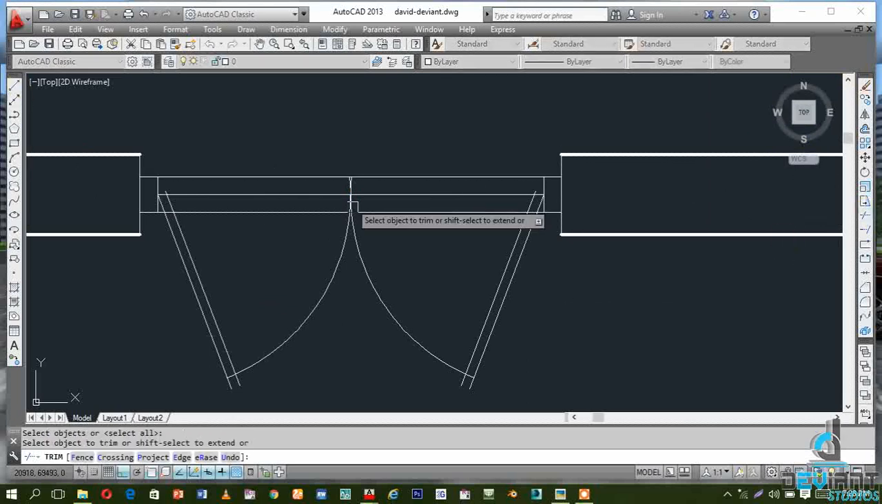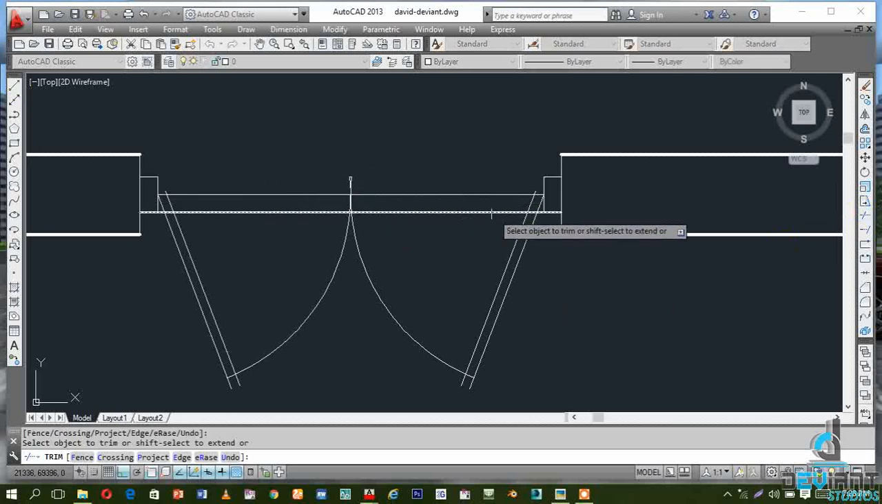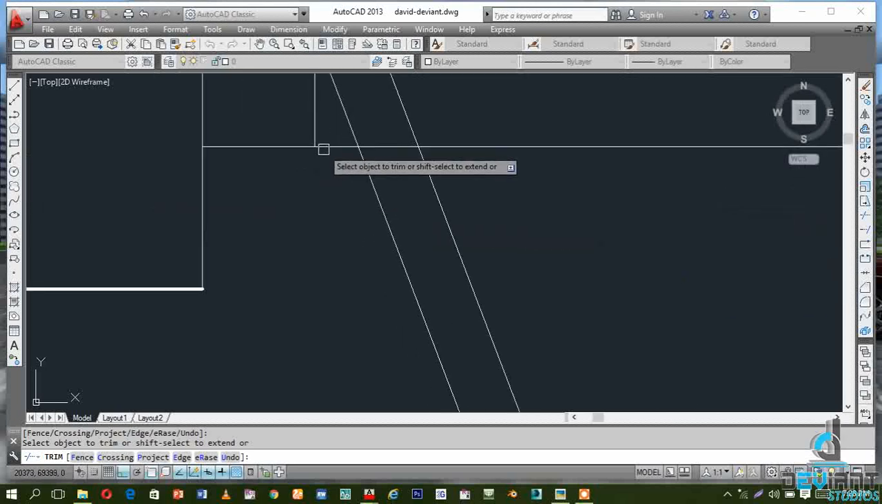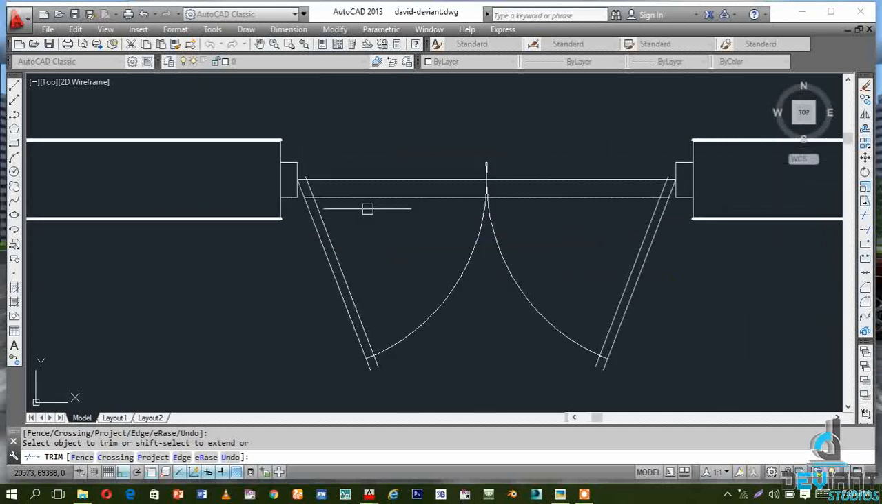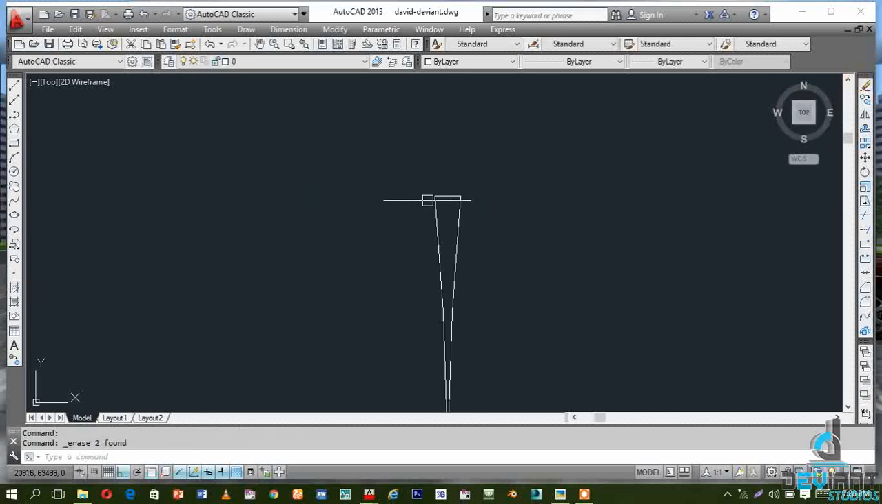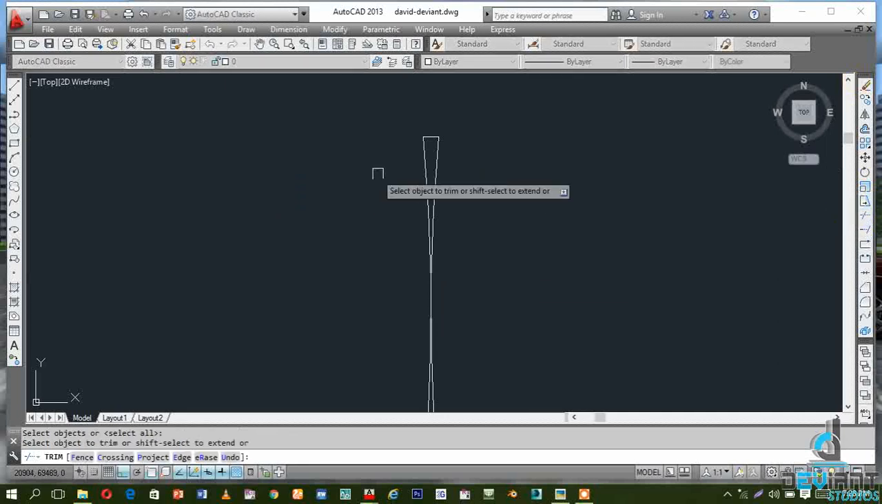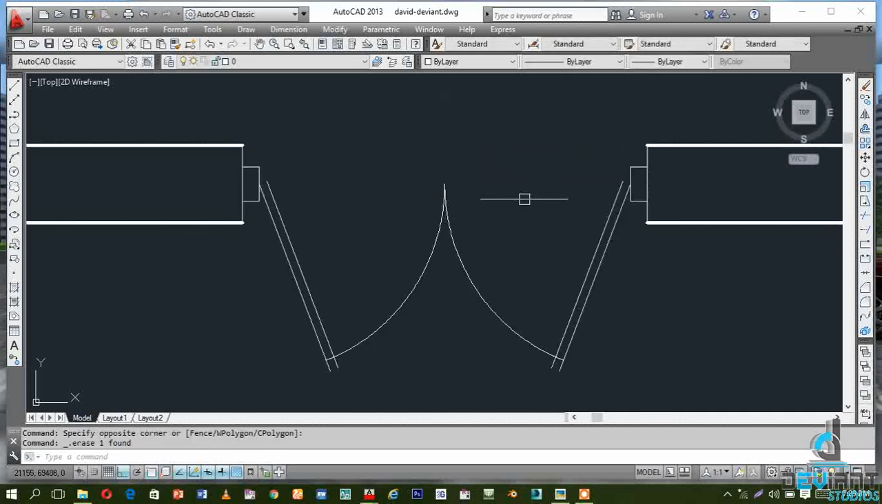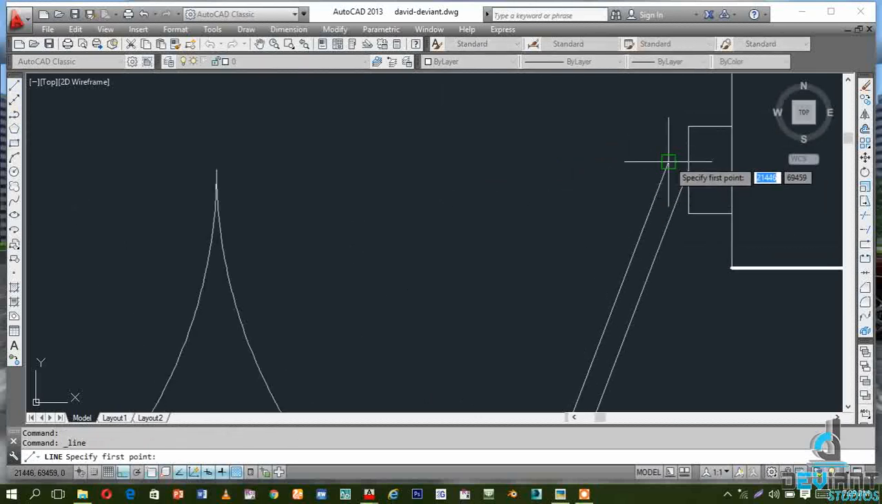TR, enter. I don't need this, and I don't need this. Let me call this one from here. Let me call this one also from here, so I can just remove them conveniently. Select and erase. Then I can now remove this also. Trim, enter. Trim. Then I select on this and delete. Then I'll click on line to make this my window, my door rather,